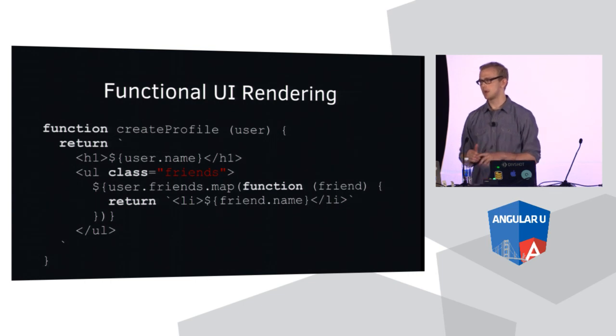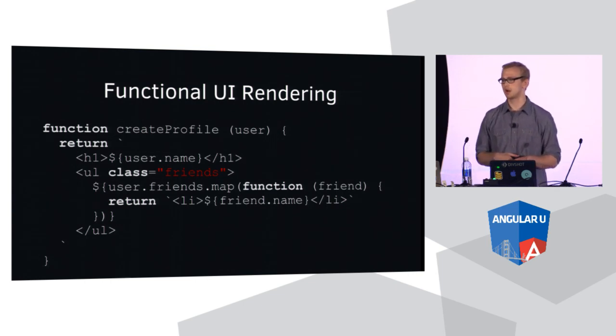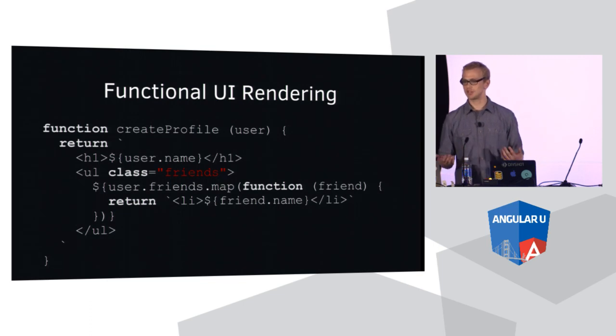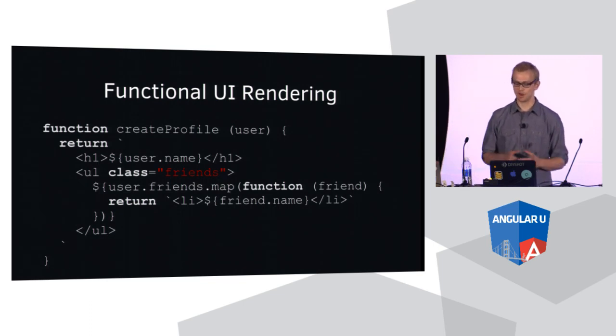blow away the DOM and put the new result in there. Because that would be incredibly easy to reason about. It would be incredibly easy to understand because there's no magic. There's no state to manage. It's just variables go in, template comes out, it's deterministic, and that's what we want out of our code.